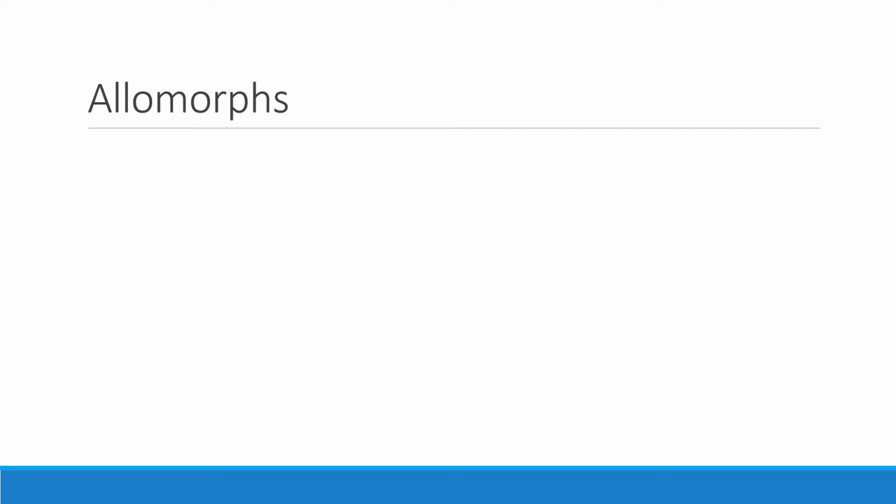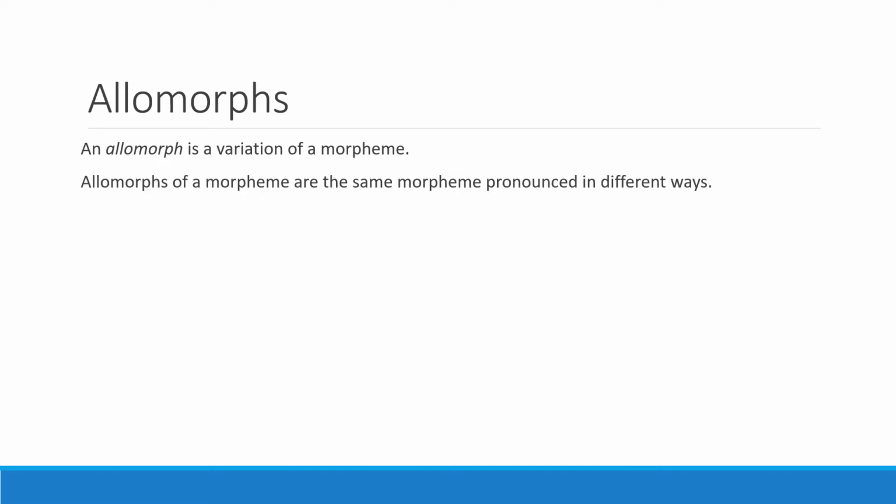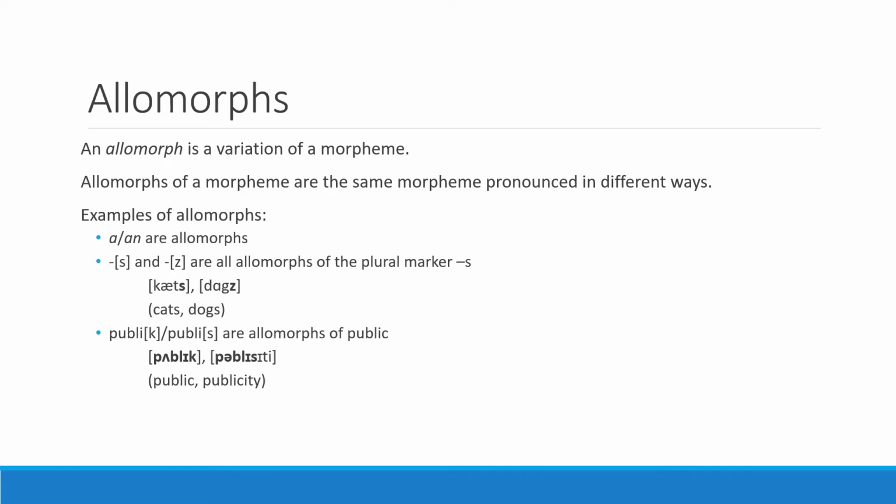Just like in phonology, where we have allophones of the same phoneme, we also in morphology have allomorphs of the same morpheme, and it's very, very similar. So an allomorph is a variation of a morpheme, and allomorphs of a morpheme are the same morpheme pronounced in different ways, just like allophones of the same phoneme are. An example of allomorphs: a and an are allomorphs of the same morpheme,